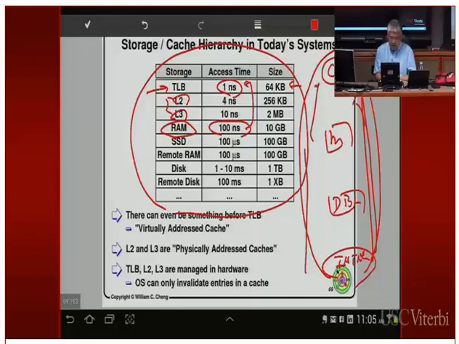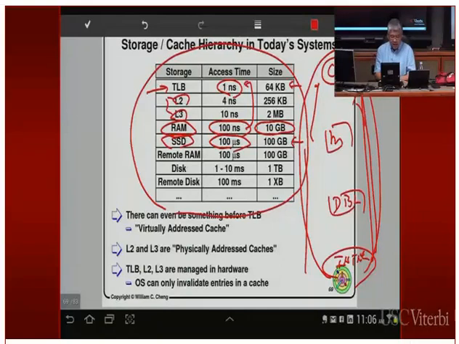Main memory is typically 10 gigabytes. I guess on our laptops we have 4 gigabytes, 8 gigabytes, etc. After that, these days we have things like solid-state drives, SSDs. These things are 1,000 times slower than the RAM. The capacity is a little bigger, about 10 times that.